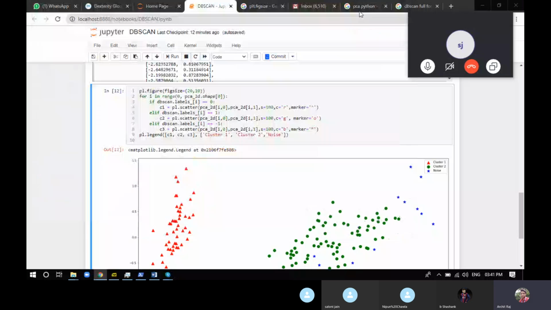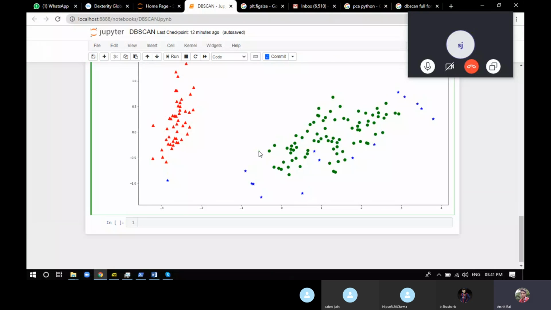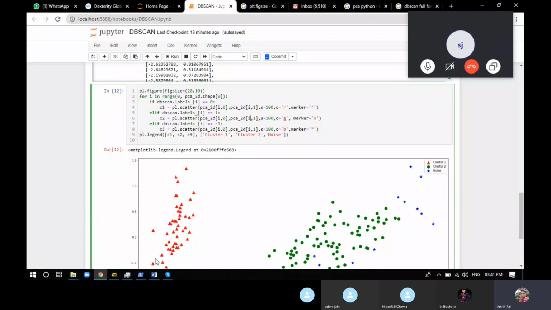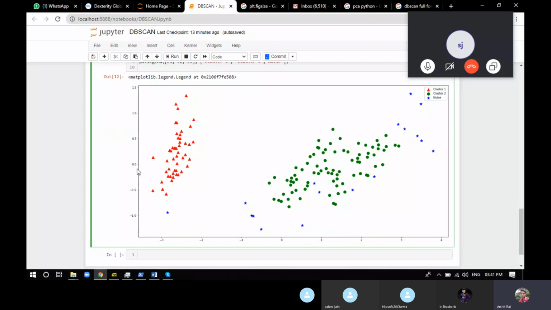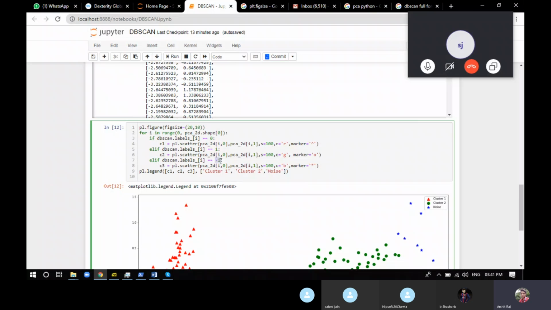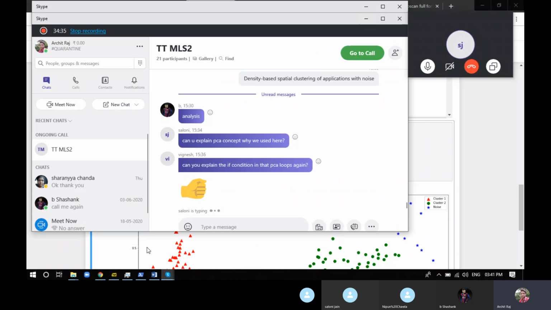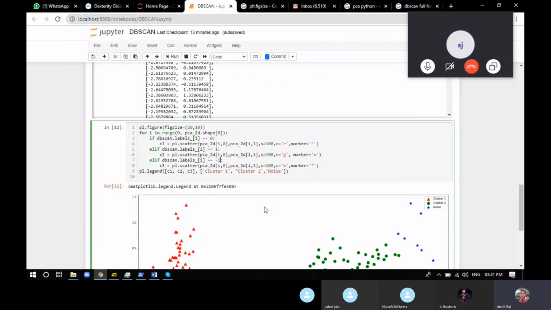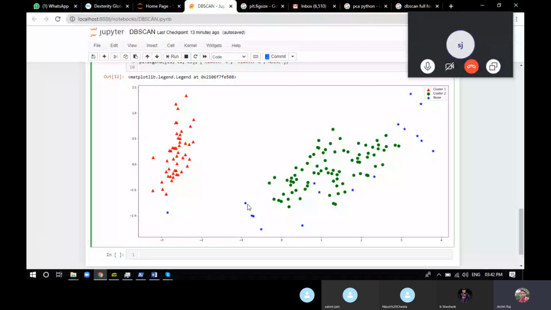So this is exactly what we did here. Now we can see the graph. This one is specified as red, which is cluster 0. The green one is specified as cluster 1. Now the stars, you can see, are noise because they're specified as -1. If it's -1, it's represented as a star. All the points which you can see that are really far from each other are specified as noise.